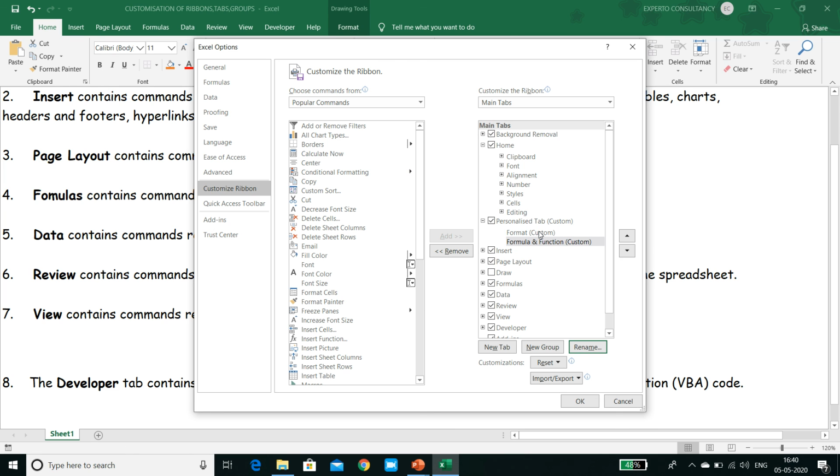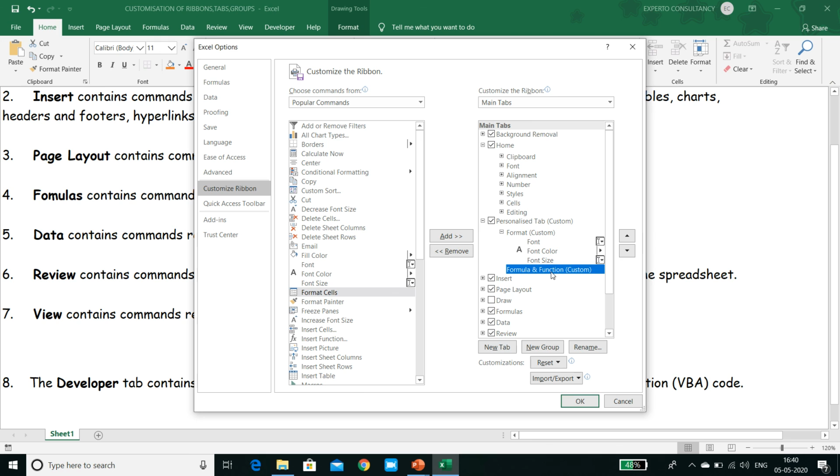Okay, now let's add the command. Let's add the command into format group. Select the format group first. Now from here you can add the command. You can see here all the commands. Let's add this. Let's add font color, font size.